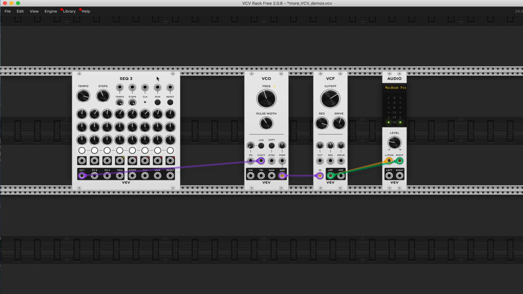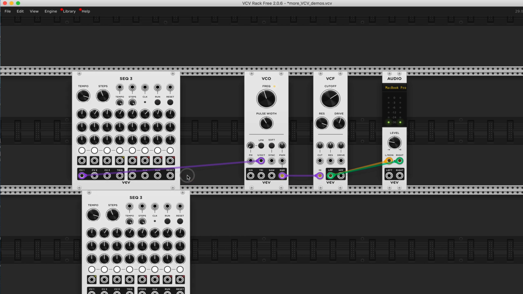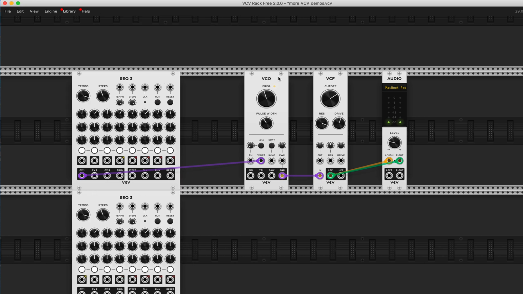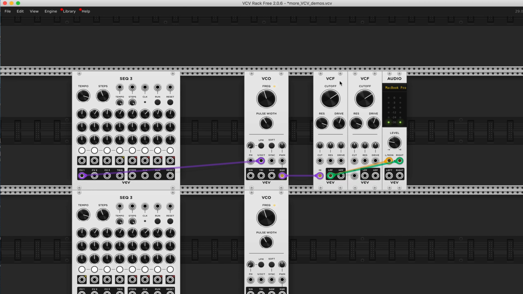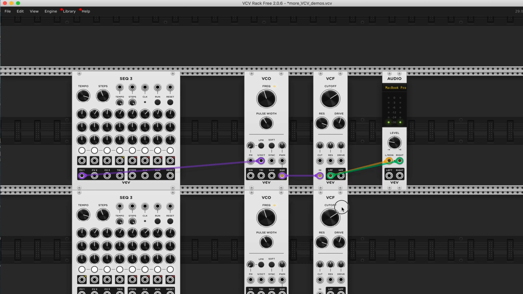Let me duplicate my sequencer, and I'll bring it down in this rack space below. Let me duplicate my VCO and do the same. And let me duplicate my VCF and do the same and bring it in here. I'm going to patch them together in the same way. Here comes my